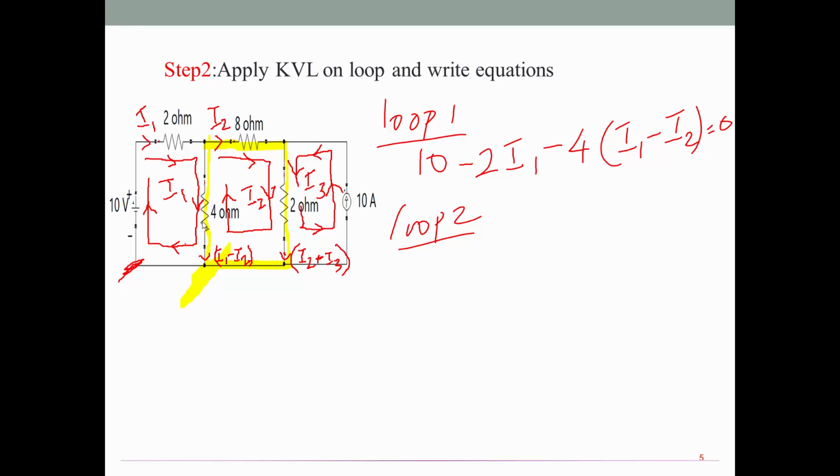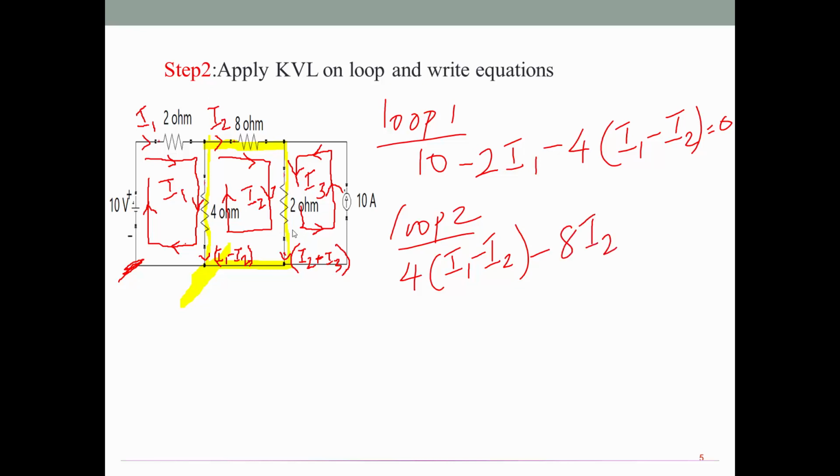So I want to find the 4 ohm resistor drop. When you look at the branch current and loop current, the branch current is downward and the loop current is upward, opposite to each other. So you have to consider a positive voltage drop here. That means 4 times (I1 minus I2). Then coming to the second element, 8 ohm, where I2 alone flows. Both loop current and branch current are the same, so minus 8 into I2.